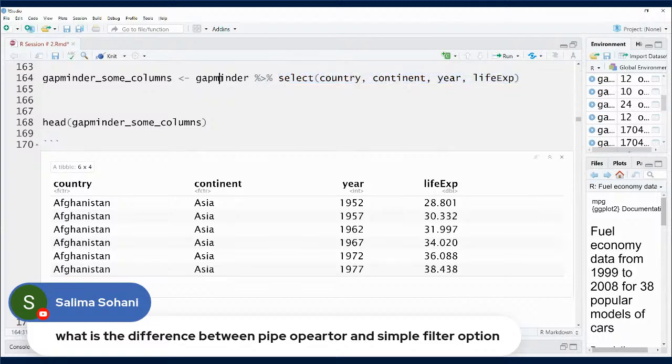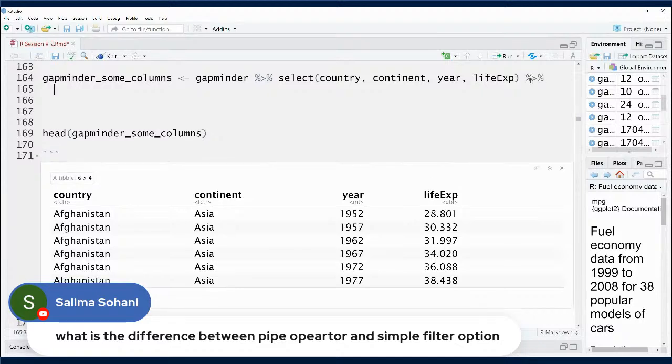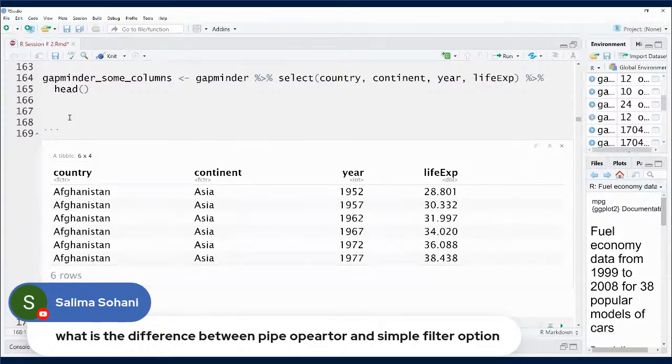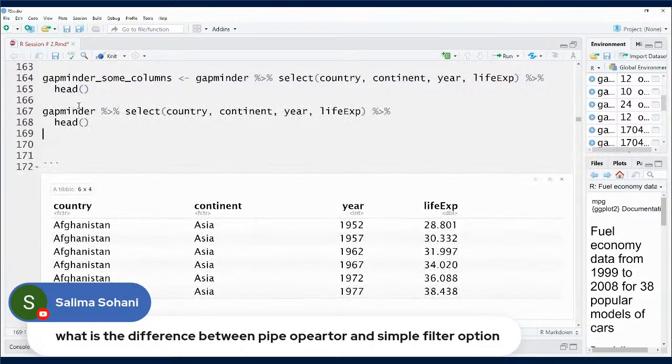For example, here what is being said is gapminder, take the gapminder data set and then select these columns, and I can go on, I can even pass it further. Whatever results from here, rather than making it a separate line of code, I can just remove this line of code, right? And then with the help of this code, I can straight away print it, right? So what I'm going to do is take this data frame, which is gapminder,